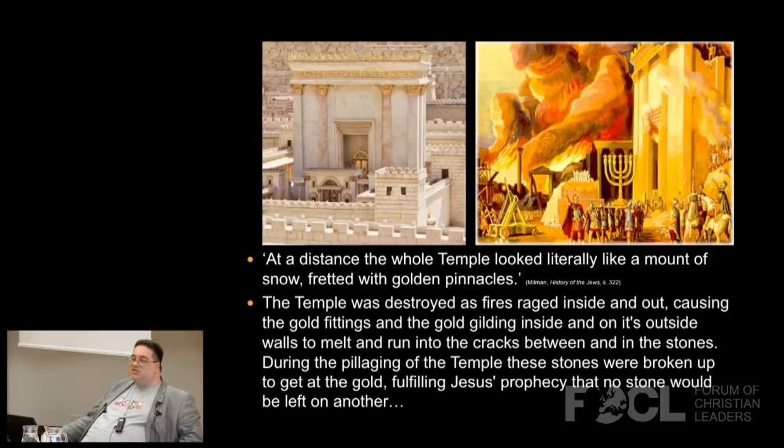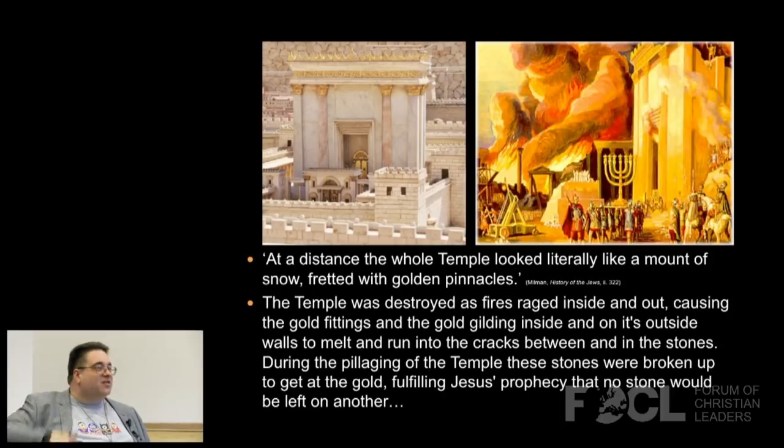You pay your soldiers in loot, partly. The soldiers wanted to loot the place. They pillaged the temple. They levered apart the stones of the temple in order to get to the gold that had melted in between all the cracks. And in this process, chucked the stones of the temple off the Temple Mount.